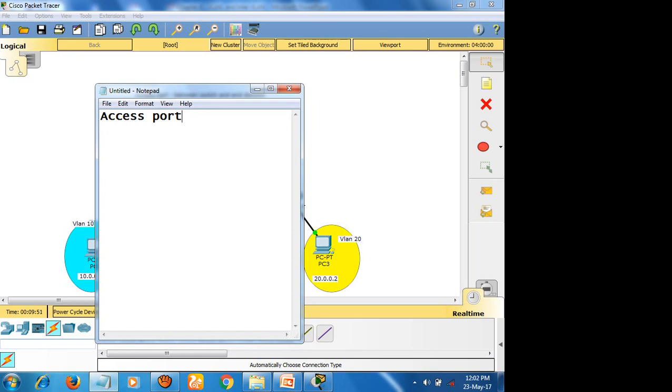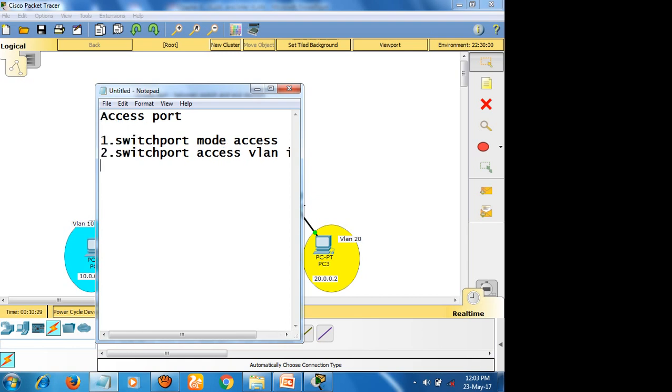So for the access port we have to give two commands. One is switchport mode access, and the second one is switchport access vlan, with the corresponding ID number you need to give.